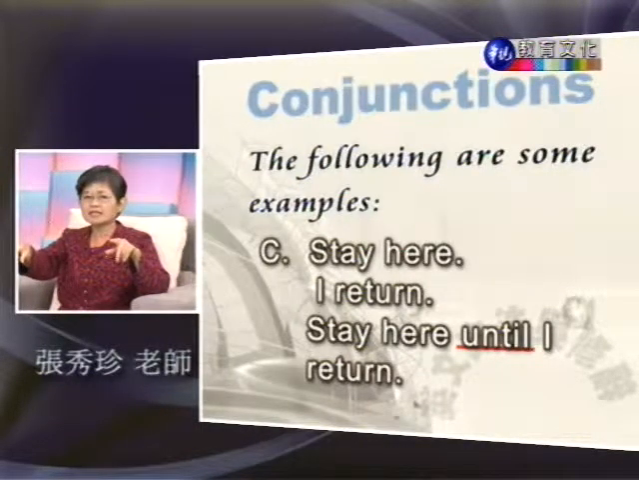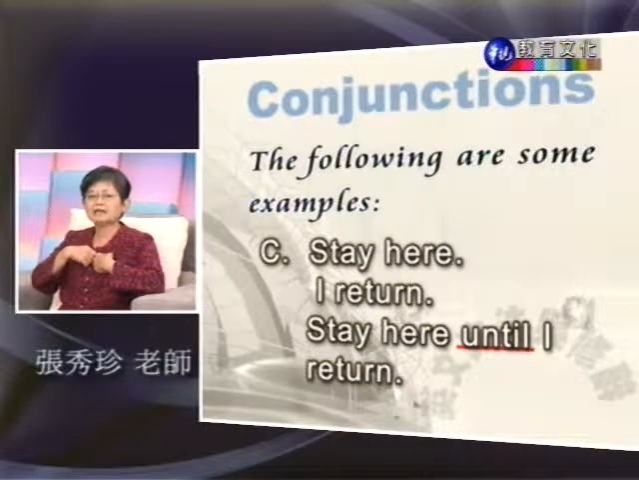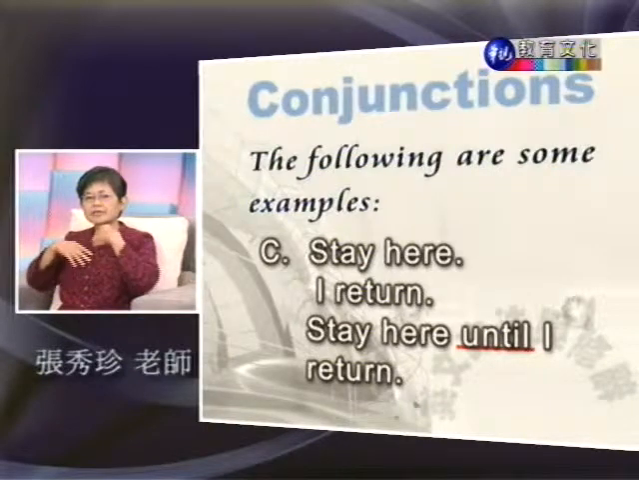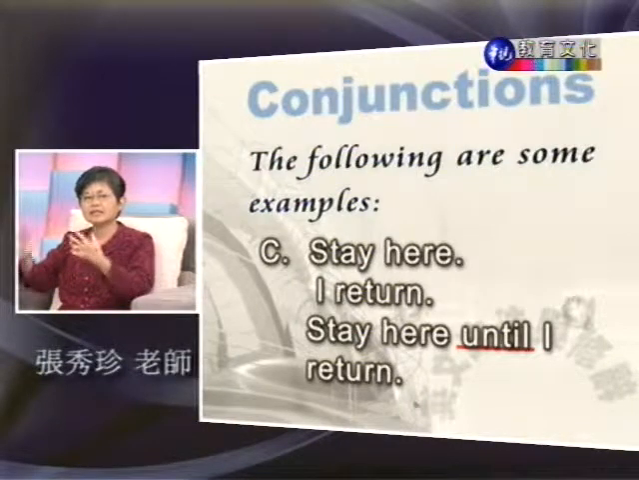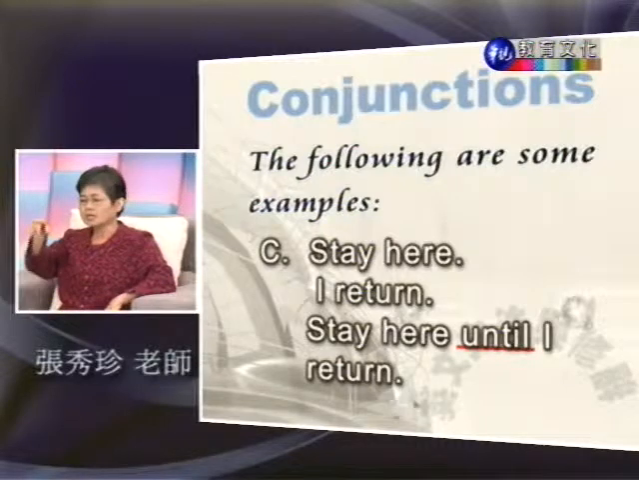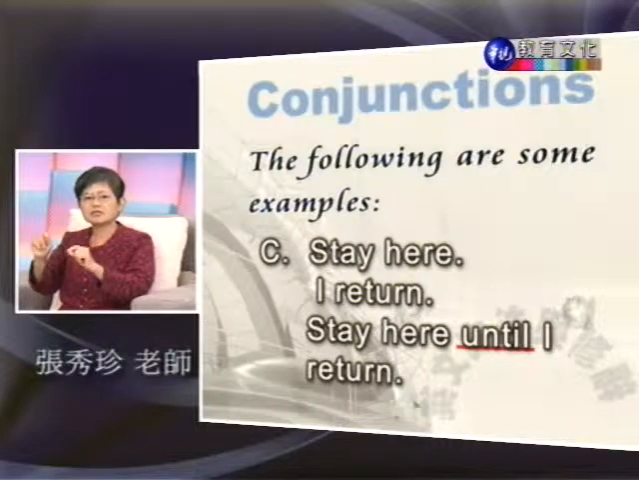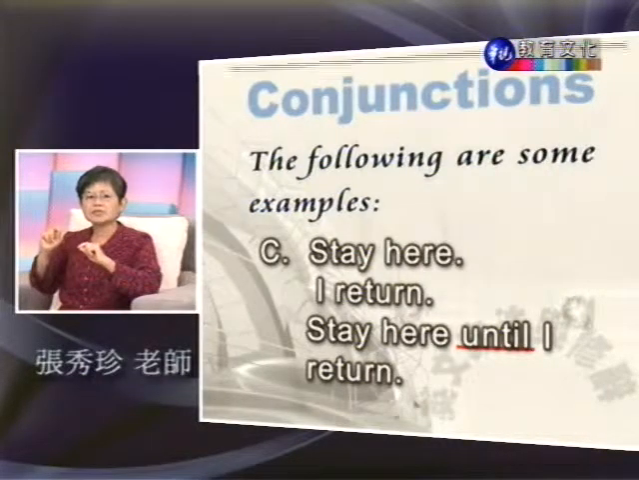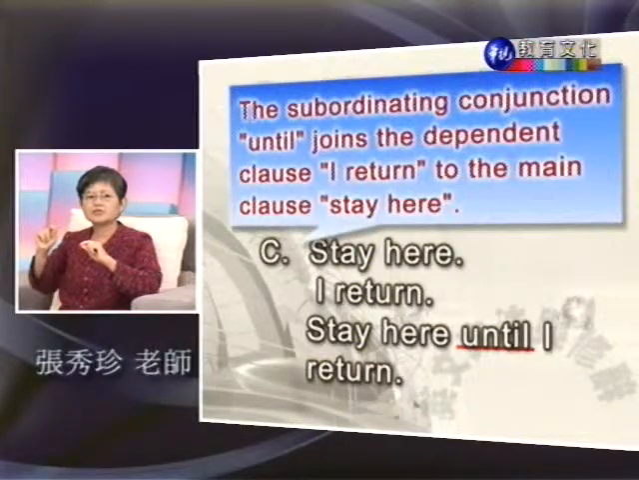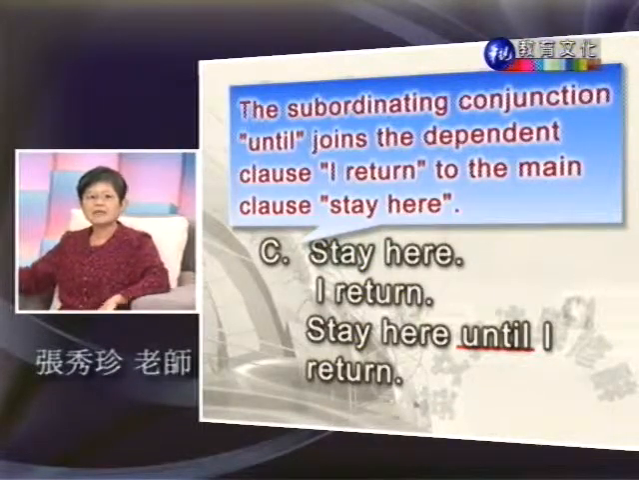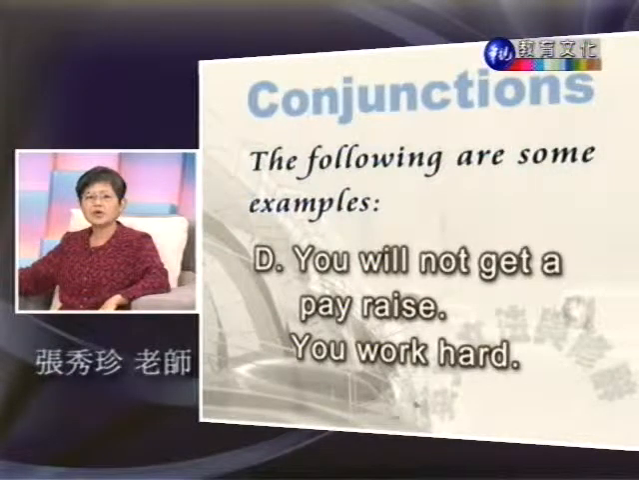下面再举一些例子。Stay here，你留在这里不要动。I return，我回来。这两个好像不相干的句子，怎么连接在一起表达比较长的信息呢？Stay here until I return，待在这里，直到我回来。附属连接词 until 用来连接这两个子句。